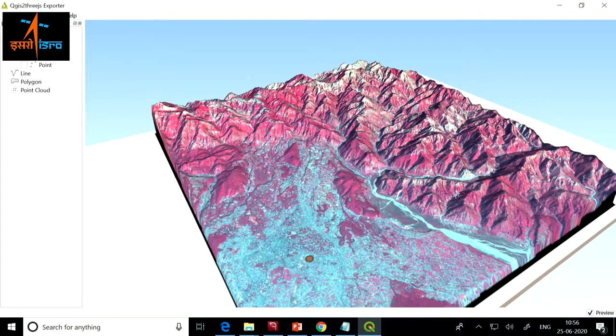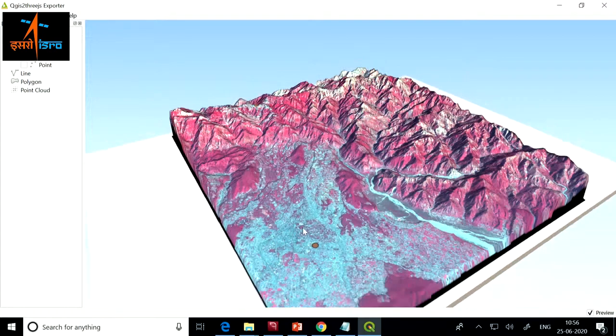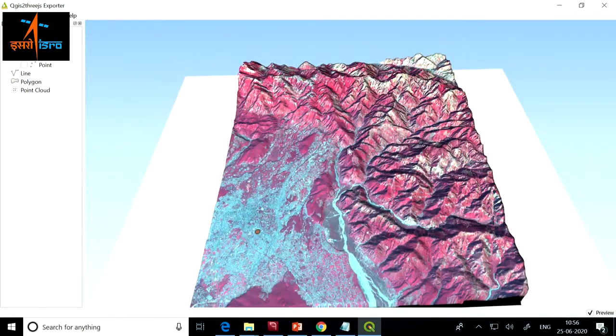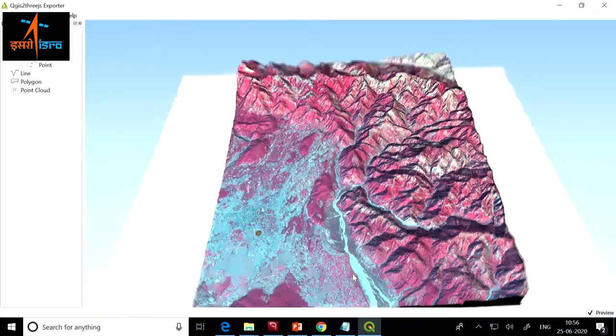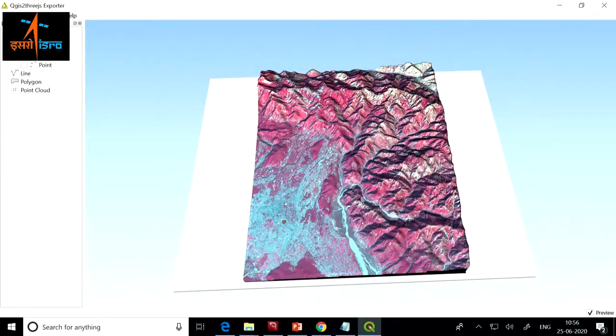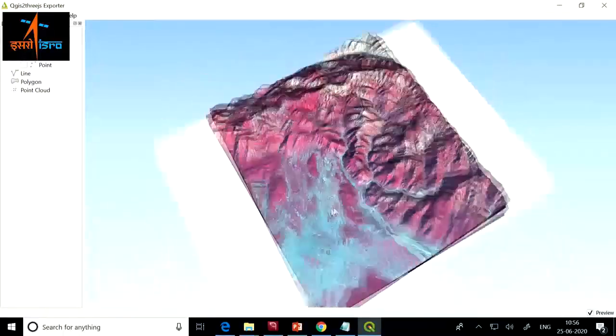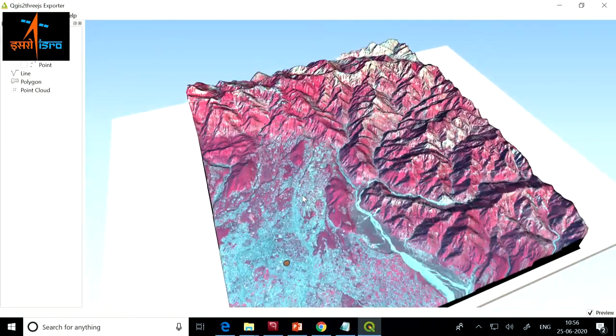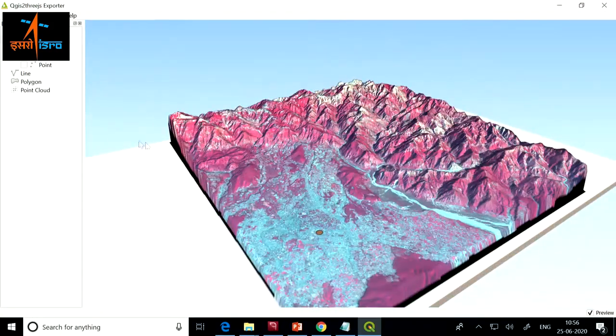On the western side, you have the Shivalik Hills, and there is, I think this is the Yamuna river flowing here. No, Yamuna is flowing on this side. The Ganges is flowing on this side, and different other tributaries like Rispana and all that. So you can do it for your own area using the same steps.